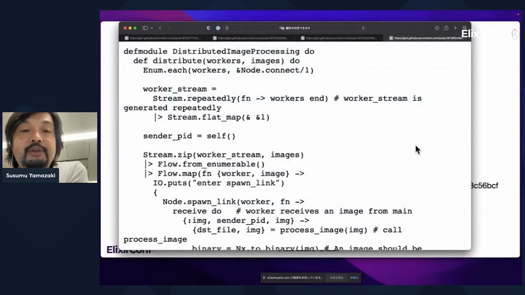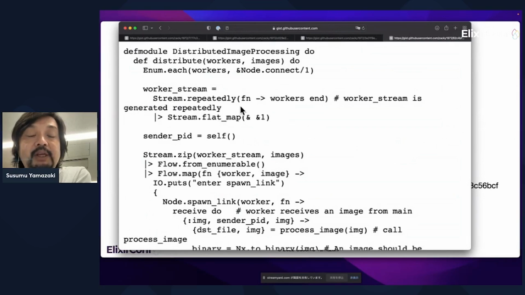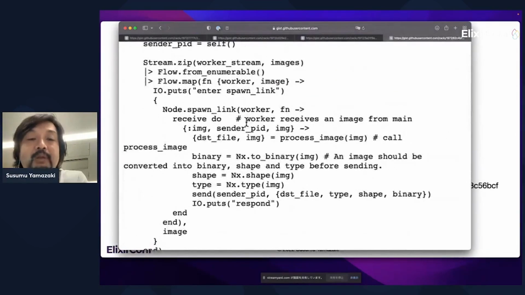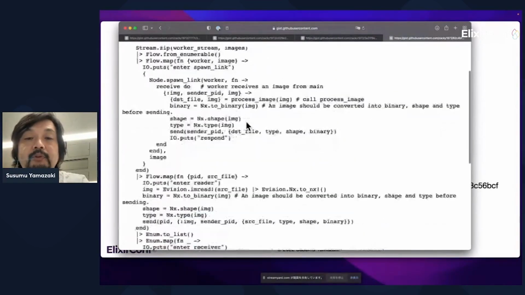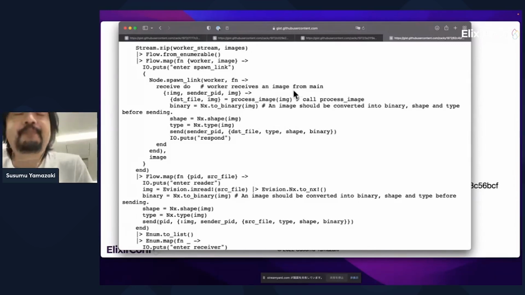Here is the list. Worker stream is generated repeatedly. Whole process image. The worker receives an image from main.